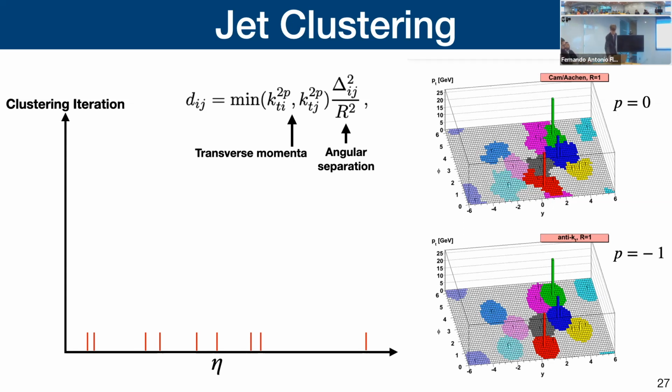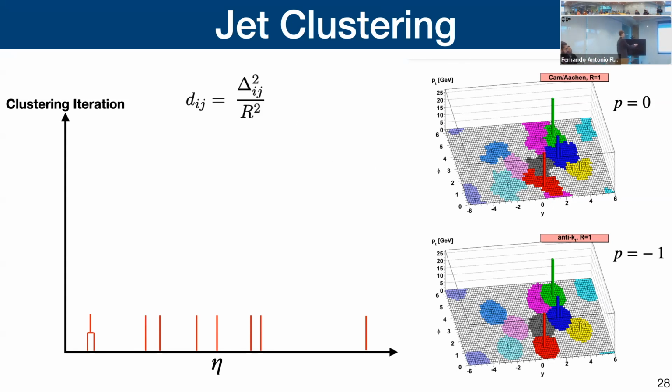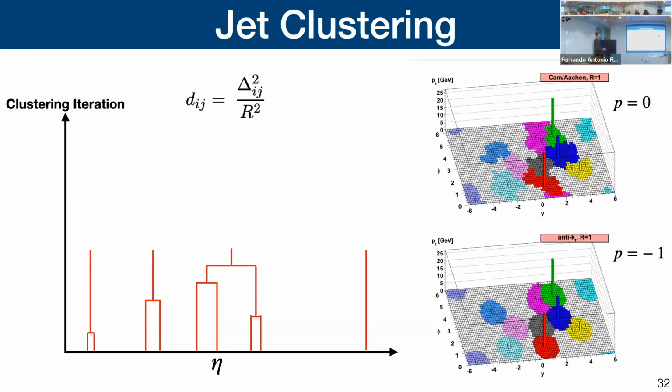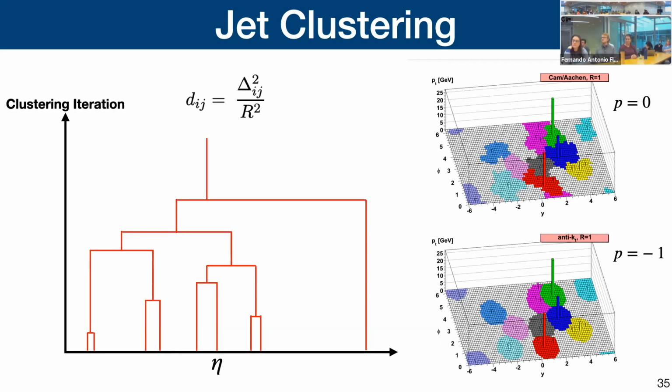If you use p equals 0, then it becomes this, which is just the distance and angle between the particles. You look at the pair that has the smallest distance, which is this one, and you group them together. Then you repeat your iterative procedure. The next closest pair is this one, so we group them together. Then it'll be this one, so we group them together. You repeat this procedure and build up this type of tree. Finally, you end up with all of them grouped together. That is the direction of your jet, and the energy of all these averaged together is the energy of the jet. So that's the algorithm we use.